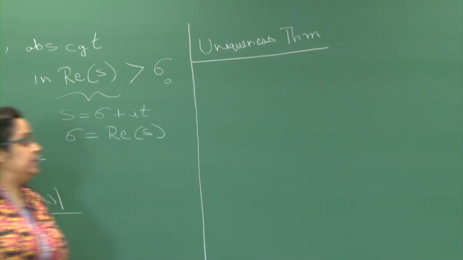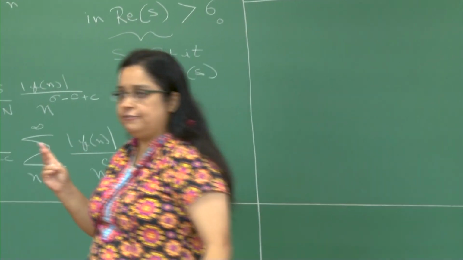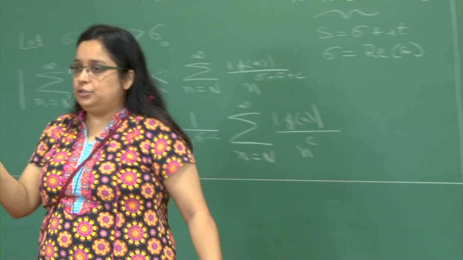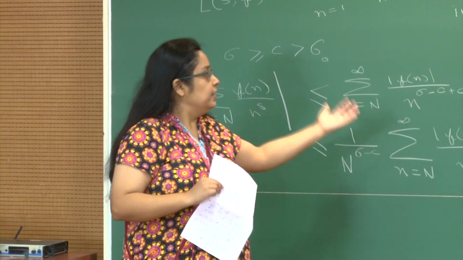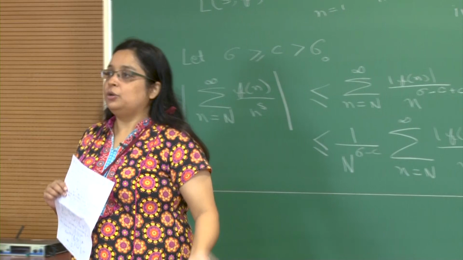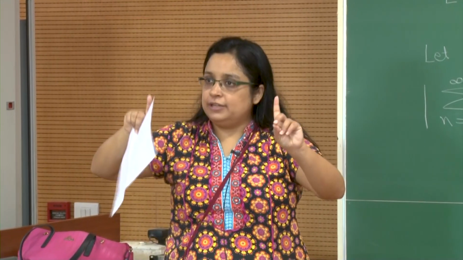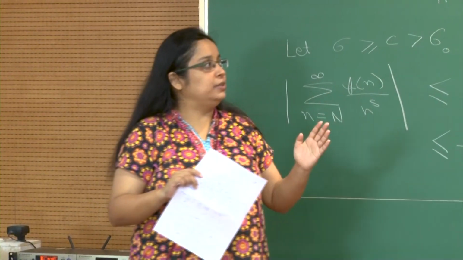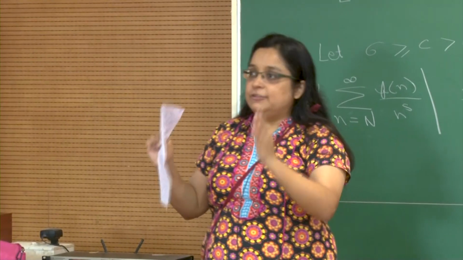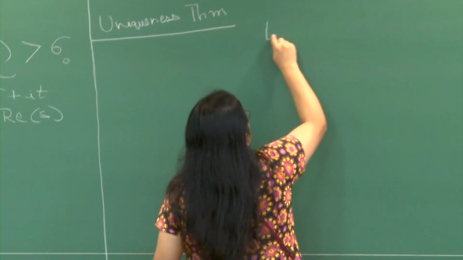So, here is the situation. Whenever you have two arithmetic functions which are equal to each other at every n, then clearly their corresponding Dirichlet series will also be the same. Now, but suppose you have two different Dirichlet series which in the region of absolute convergence converge to the same limits. So, let us take